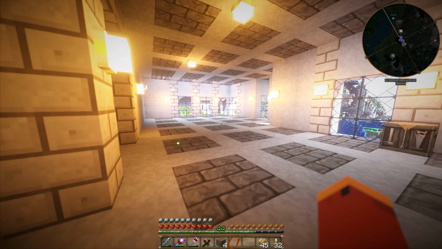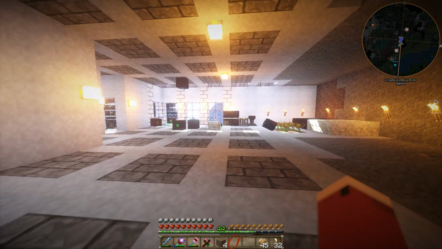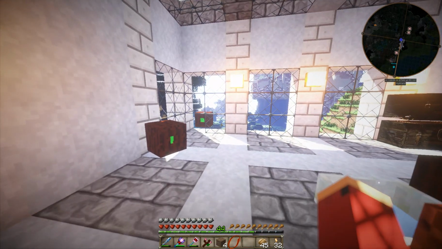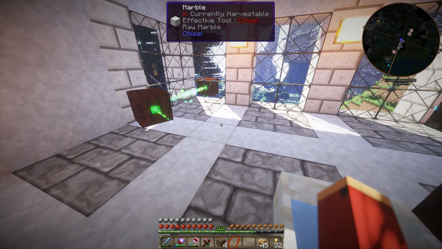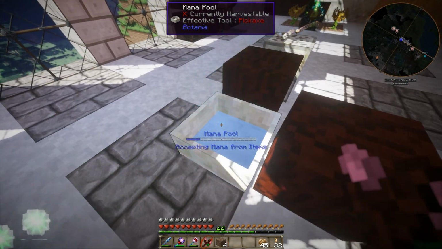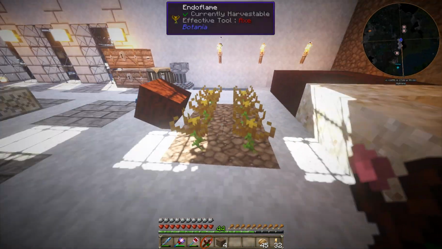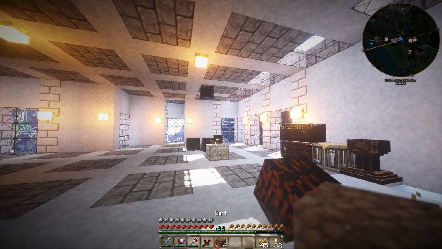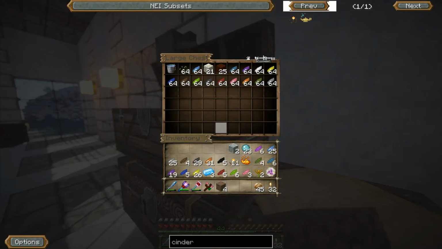Let's continue on up to the Thaumcraft and Botania floor. That's what this is going to be. There you go. And there's our mana pool. And it's filling up pretty good. It is filling up pretty good. And then over here we have the Endoflames. And the Endoflames, if you remember correctly, they take...